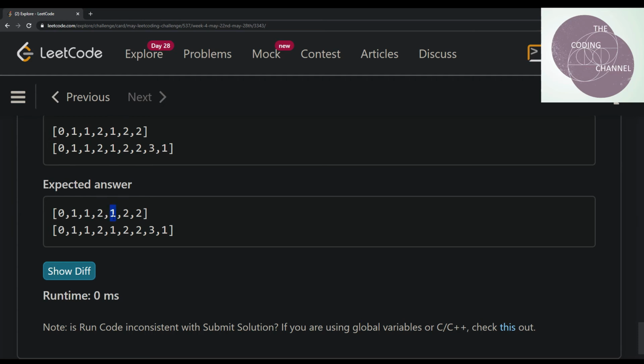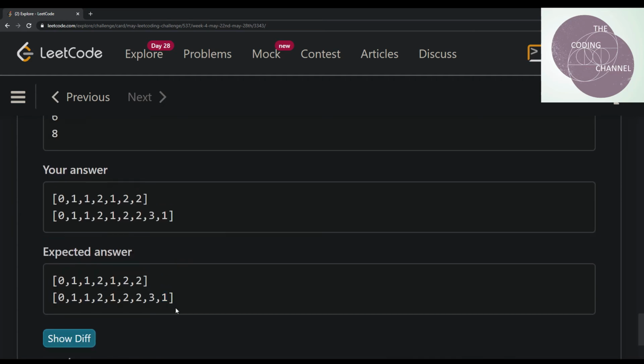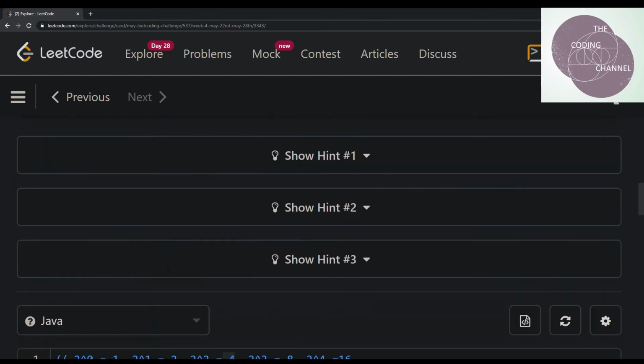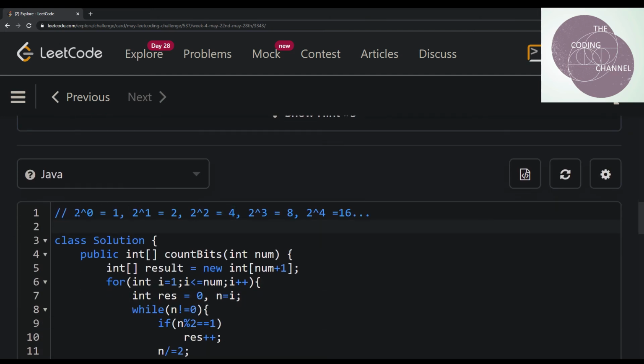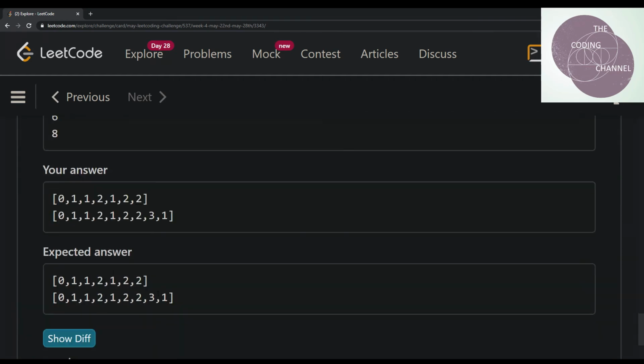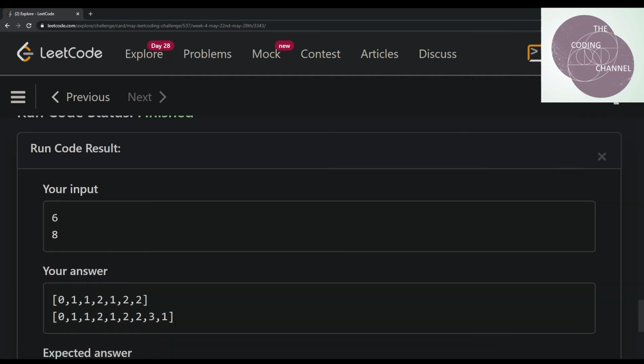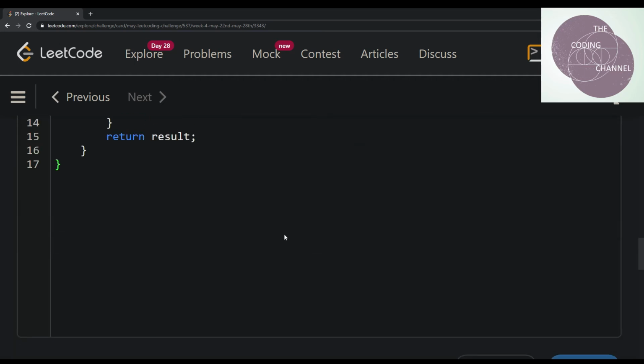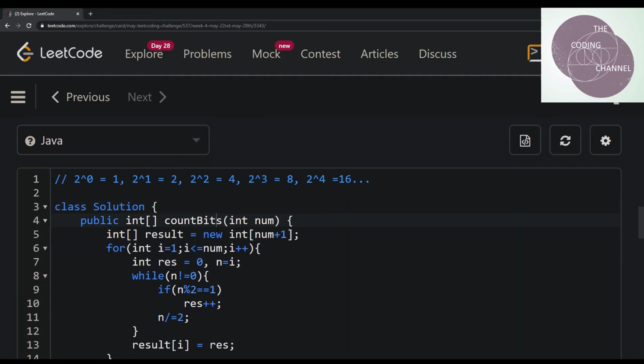Again, the number of ones in the binary representation is 1 at 4, and interestingly at 8 again it's 1. So we can notice that every power of 2, this value resets itself to 1, and post which, if we have,